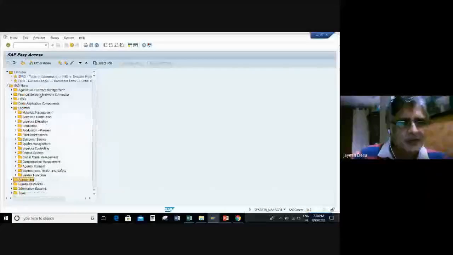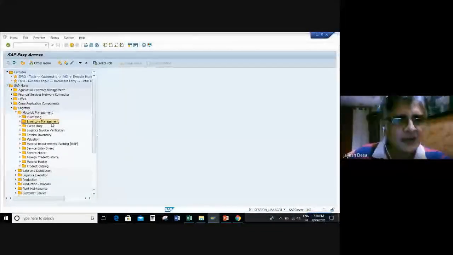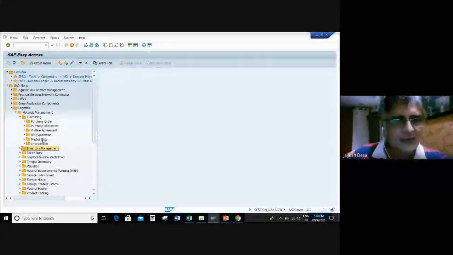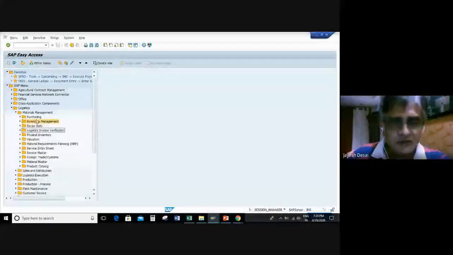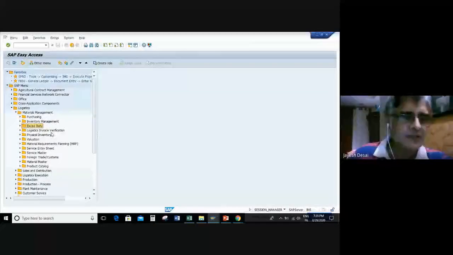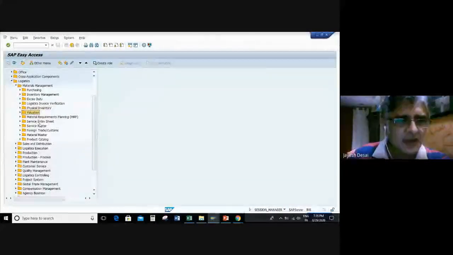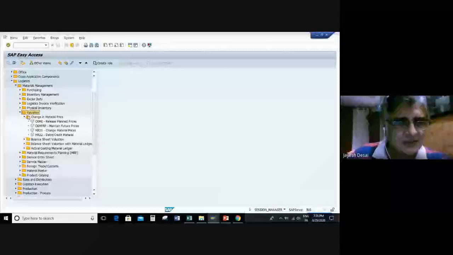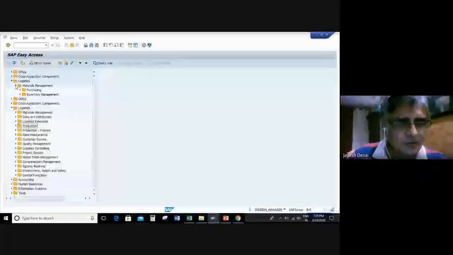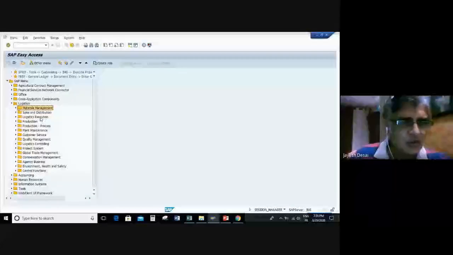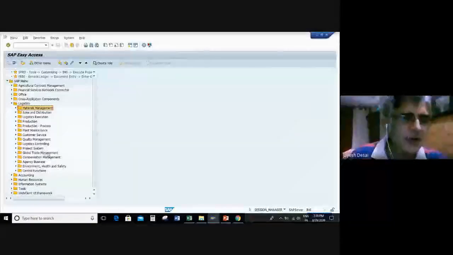So you have material management. If you expand this, then you have purchasing, inventory management. So in purchasing, you can create purchase orders, quotations and all that, which we discussed as part of the business process. You have physical inventory, valuation. So various transactions within that you can execute, and most of it will post an entry to SAP wherever there's a monetary impact.